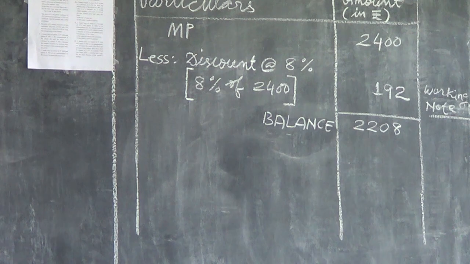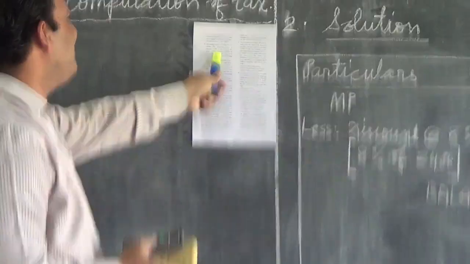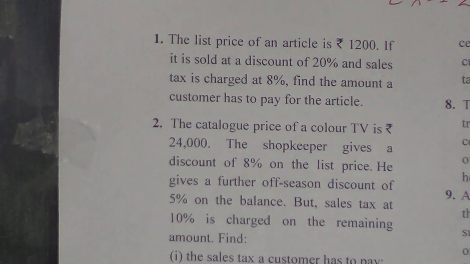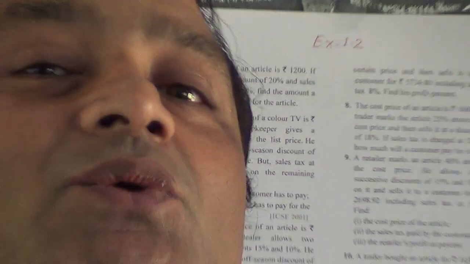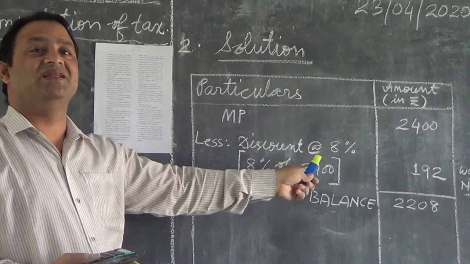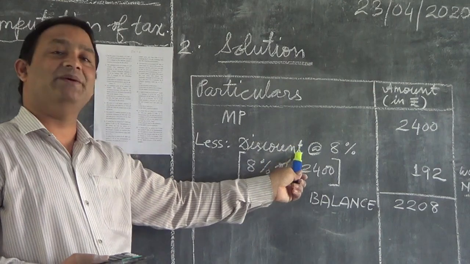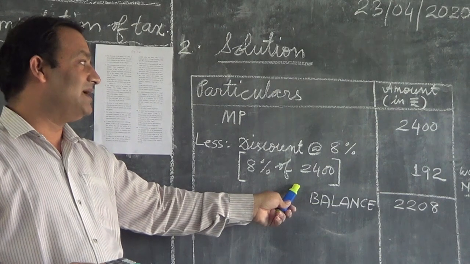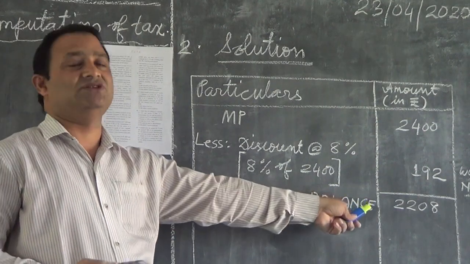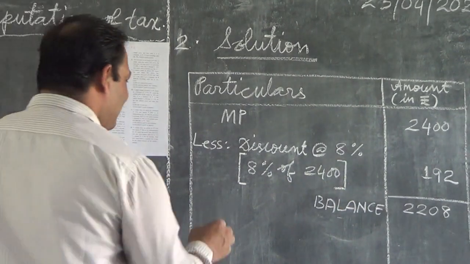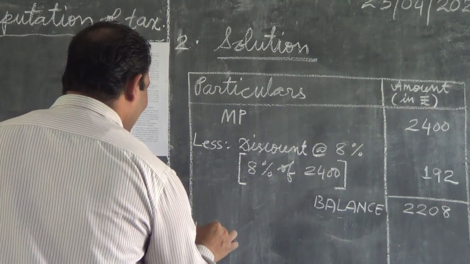Now you can read the question here. He gives a further off-season discount of 5%. Remember, you cannot do 8 plus 5, that is 13%, in one step. The second discount or any other successive discounts will be calculated on the balance, not on the original. That is why I wrote 2208 here, that is the balance, and again I will write less,